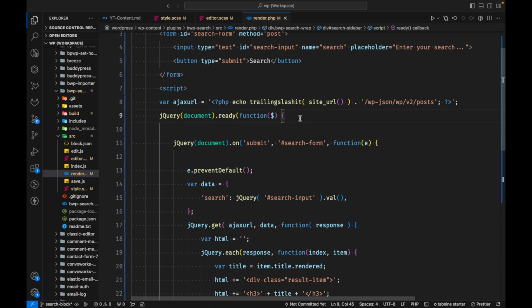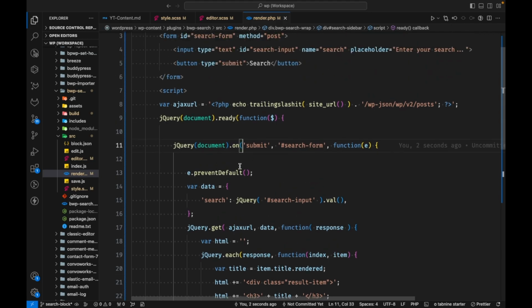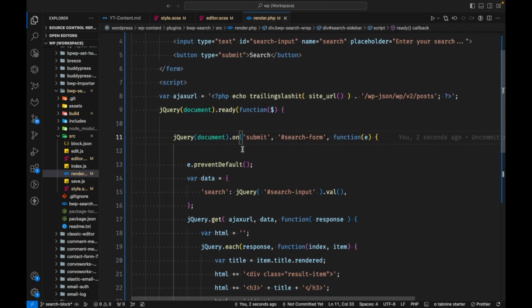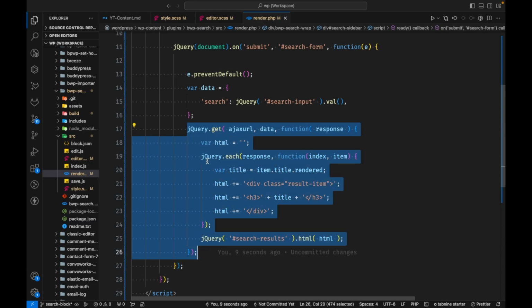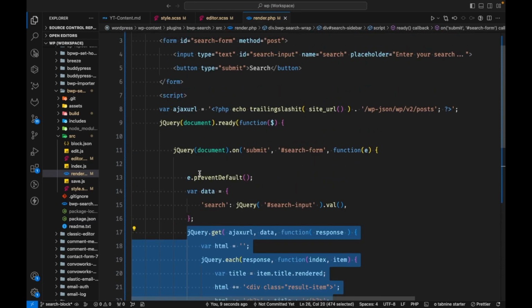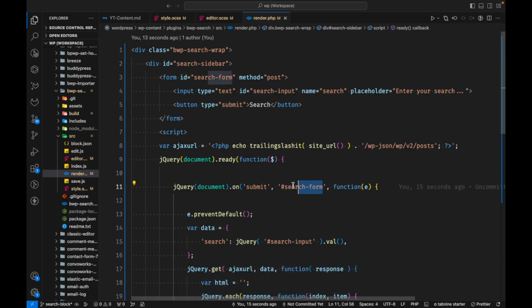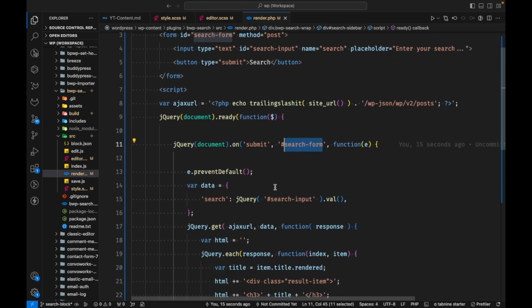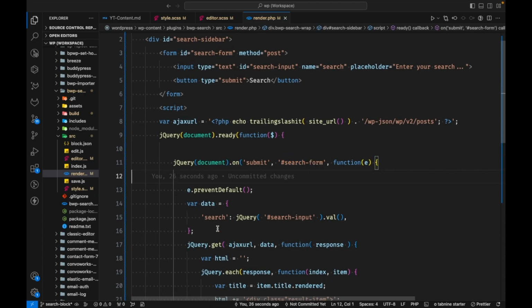Now in the jQuery, I wrote a submit event. I am requesting an ajax. So this is the submit event of this search form. The search form ID is this. So based on the ID, we are doing an ajax request on submission of the